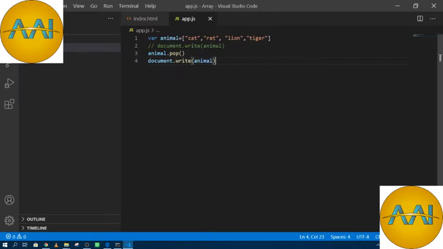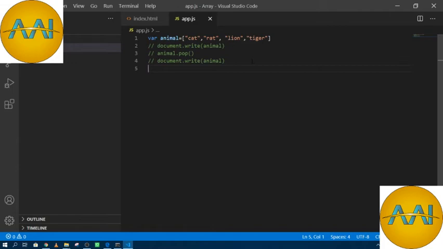Hopefully you understand my point. This is a very important function for deleting the last element from an array. You can use the pop function in JS.